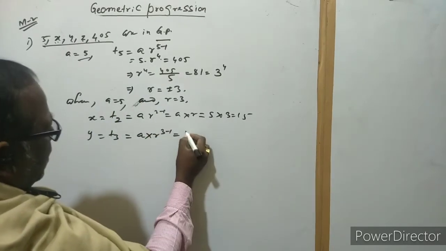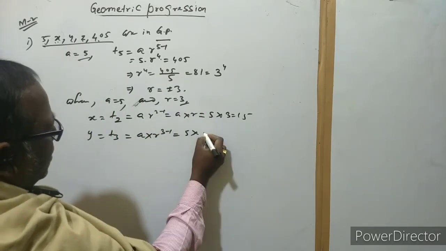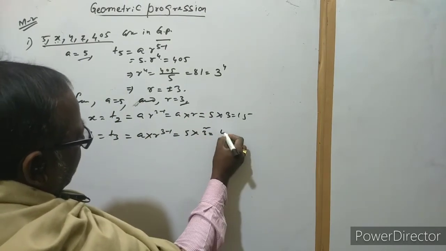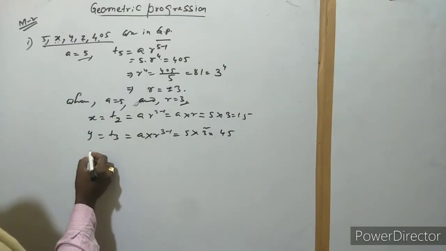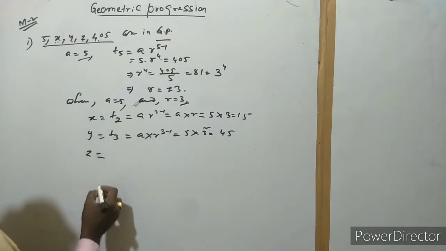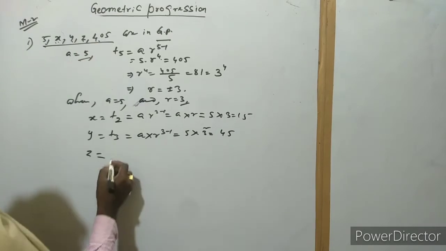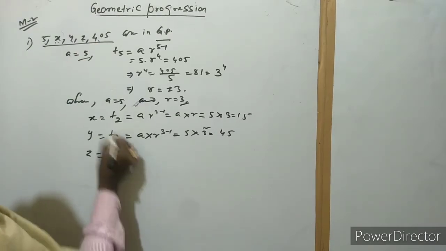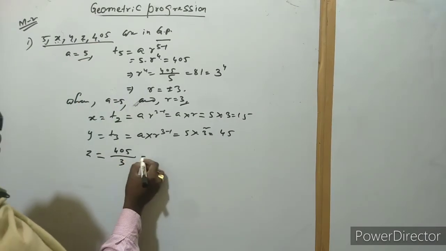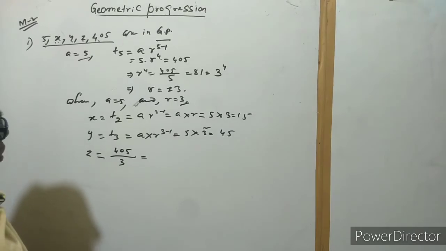A means 5 here. Okay, this is a square. R square means 3 square, and 45. And now we have to find z, and that will be ratio as 3. So we can easily say that this is divided by 3 here. So if it is divided by 3,